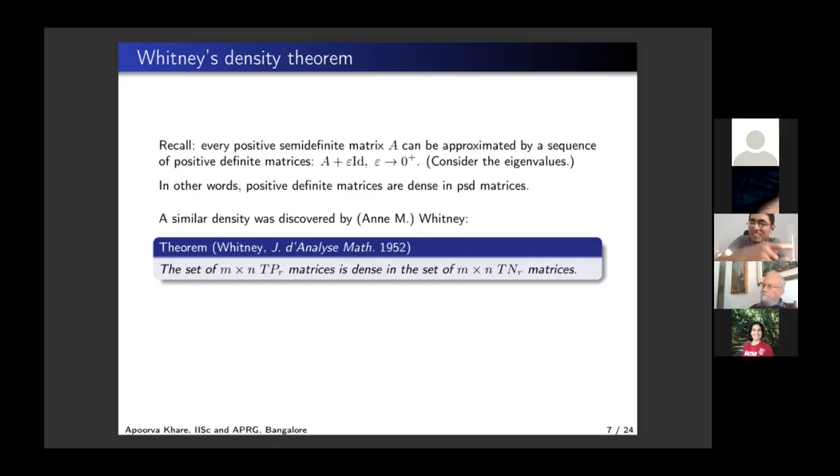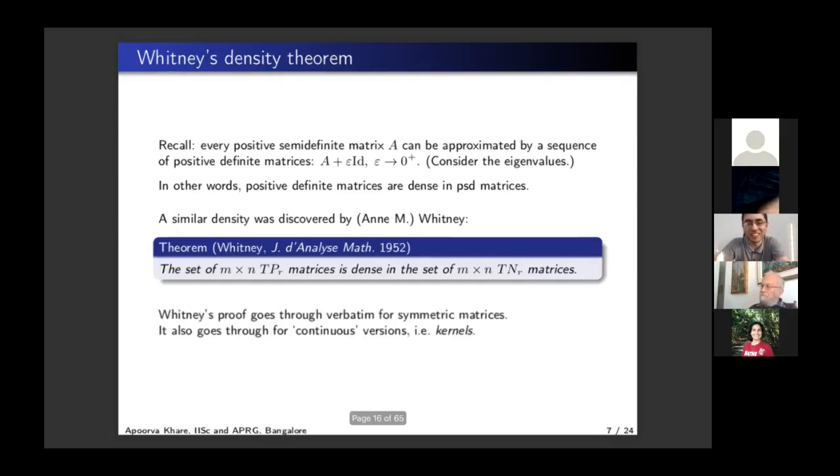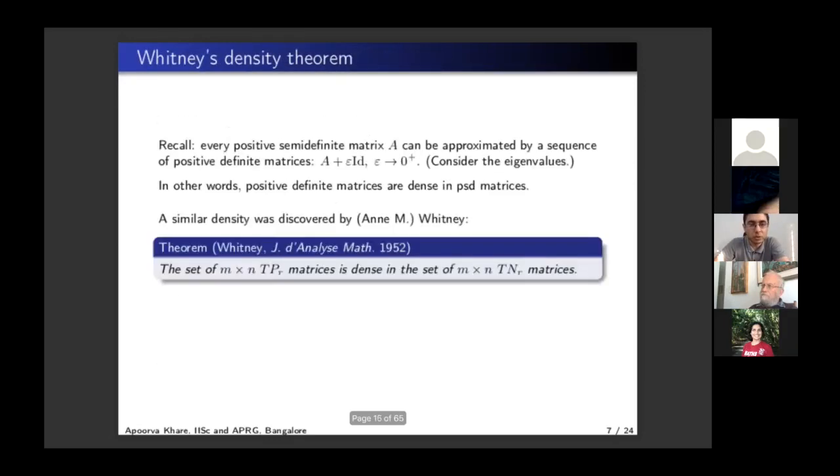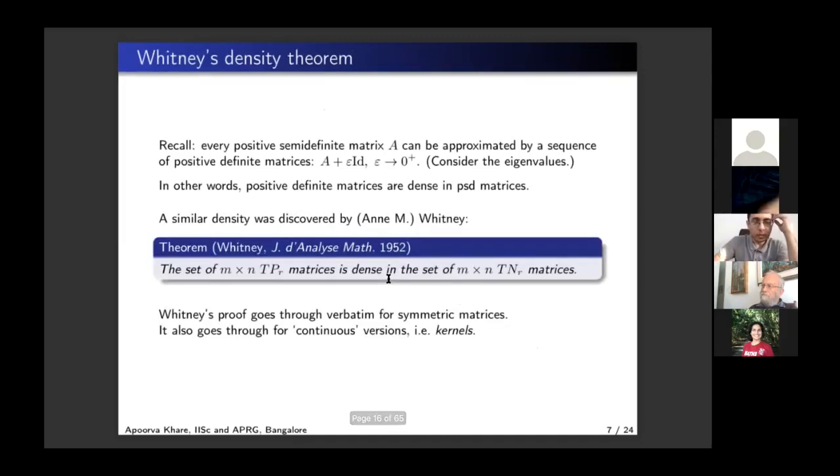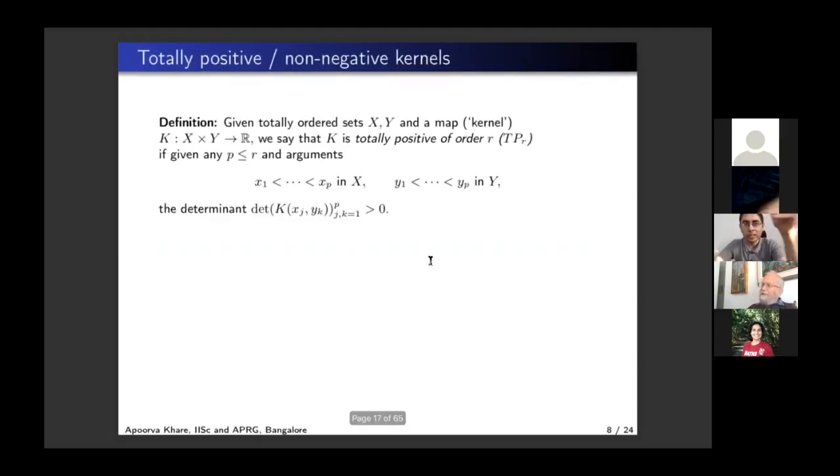And that actually builds on the lemma of Polya that I told you on the last slide. So it uses this observation of Polya to make things work. Anyway, it goes through verbatim if you use symmetric matrices, again with the same lemma of Polya's. And it also goes through for not just matrices, but for kernels. So there are some examples of kernels where totally positive is dense in totally non-negative. Okay, and I will tell you one example on the next slide. So first of all, let's define these kernels. All you need to do is, you don't need to have kernels on 1 through n cross 1 through m, or R cross R to the real